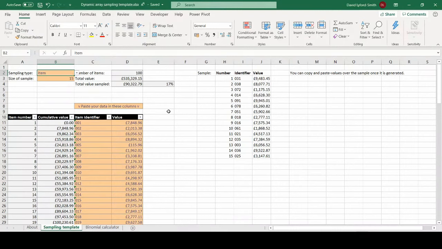Okay, so for the second part, we're going to be having a look at solving the exact same problem with the exact same parameters, but this time using not traditional formulas, but instead dynamic arrays. So dynamic array formulas were added to the Excel Insider program and then rolled out to the rest of Microsoft 365 over the course of the first half of 2020 or so, and they're now available in essentially all Microsoft 365 versions, but they are not available in Excel 2019 or any of the other mainline Excel releases, only in